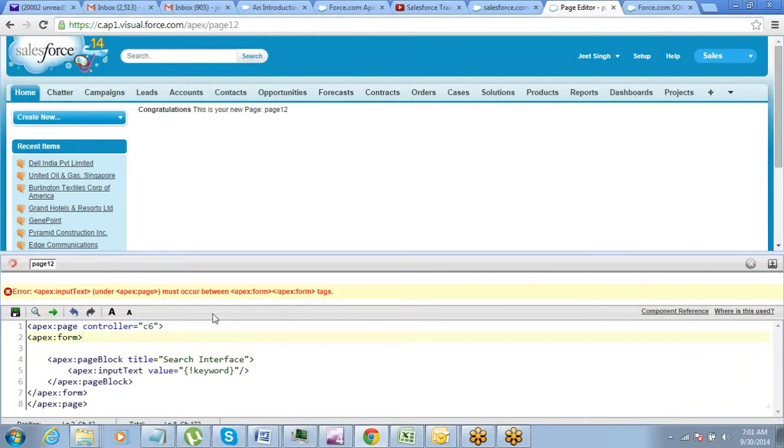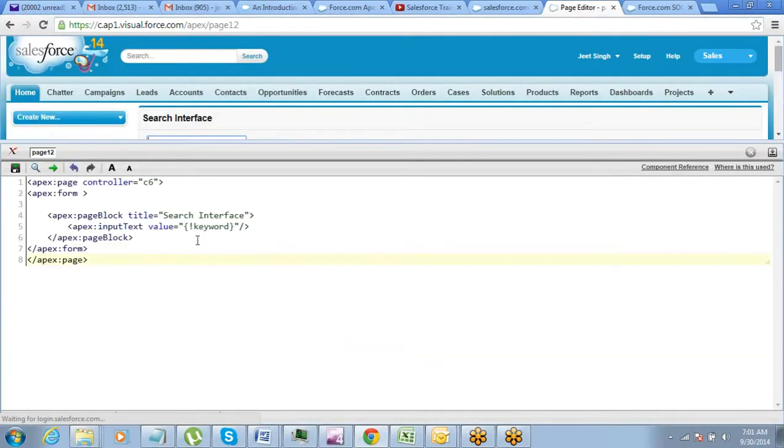Okay, small thing that you should keep in mind. This is going to be input text. The previous example that we did for inserting a record, there we used input field. So there is a difference between input text and input field. Input text is used if you are calling a string on that, the value is a string or something, right? Basically a primitive. Input field will be when we are talking about S-object fields. So in the previous example, when we were trying to insert a record, there we were using input field because we were referring to the S-object fields, right? Here it will be input text, right? Because this is a string.